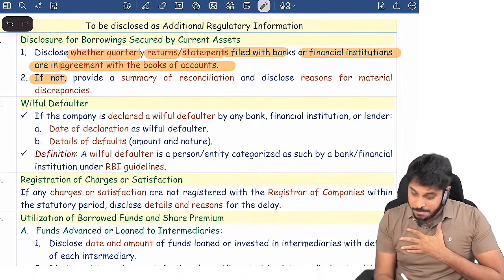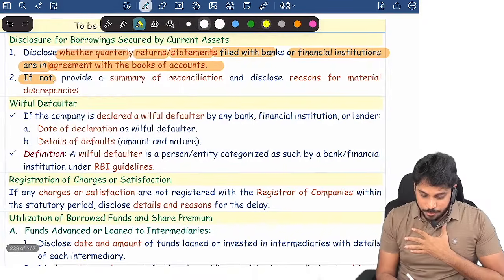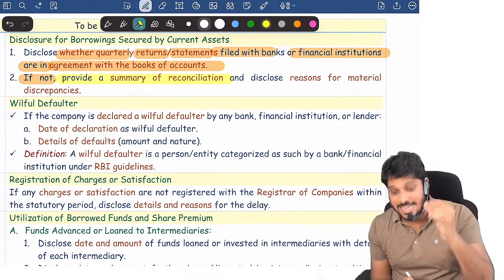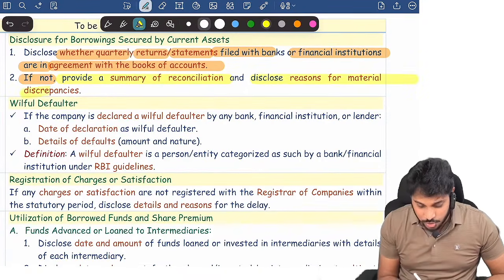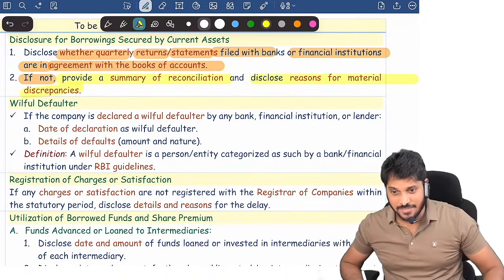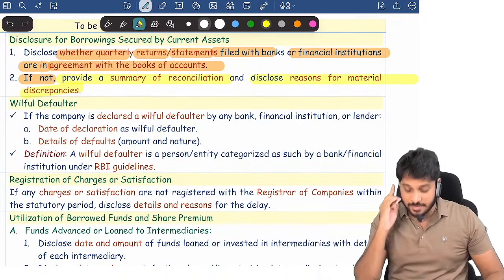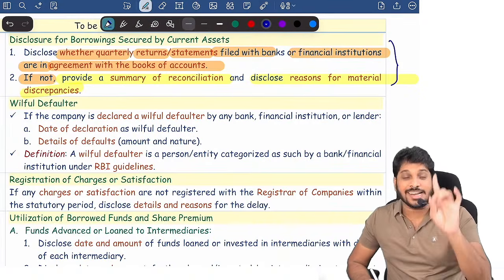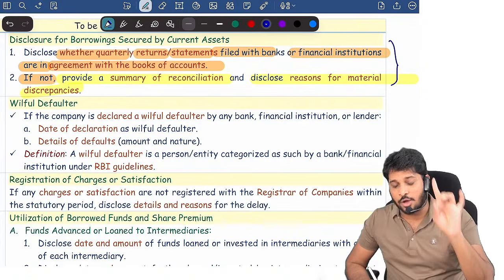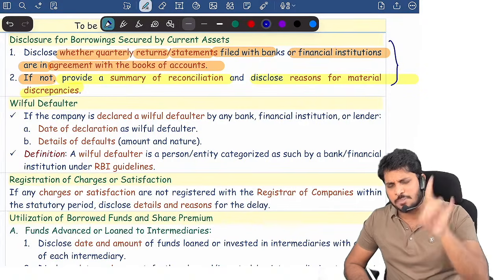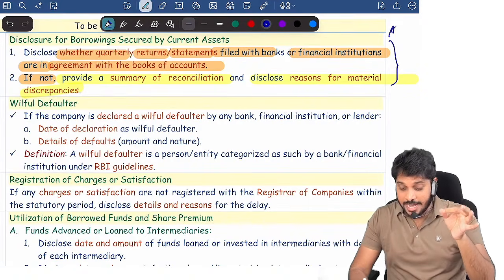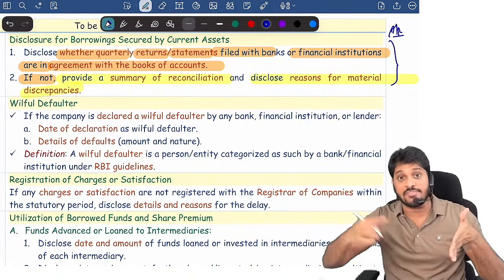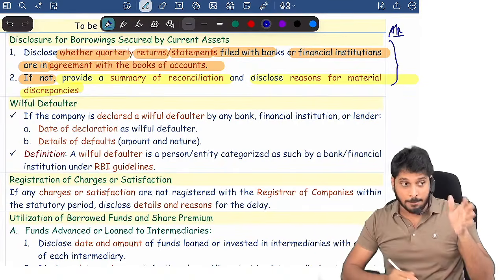If not, we need to provide a summary of reconciliation and reasons for material discrepancies. If there is a discrepancy, we need to give a summary of this. Remember, a similar point you might have already seen in CARO clause number 2, inventory, in subclause B. There, the auditor also has to check this and then give his opinion whether the company is filing correctly